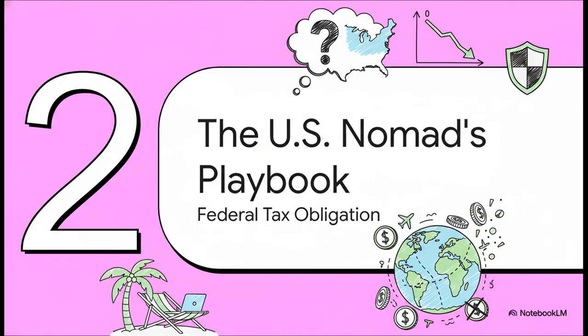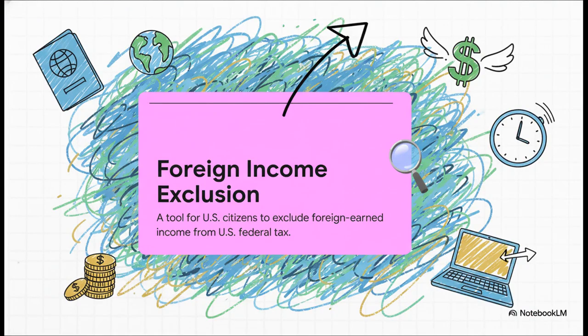So let's tackle that first big problem head on. If you're a U.S. citizen, filing with the IRS is a non-negotiable part of life. So the goal isn't to avoid filing. The goal is to use the rules to legally and strategically shrink your U.S. tax bill, in many cases all the way down to zero. And luckily, there's an incredibly powerful tool designed for exactly that. And here it is. Meet your new best friend, the Foreign Earned Income Exclusion, or FEIE.